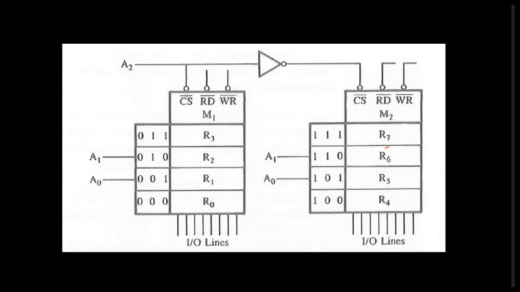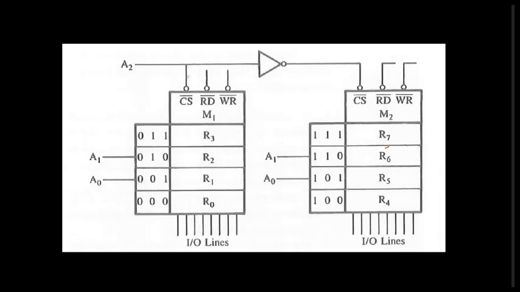So there is a provision in every memory chip. There is a chip select line, you can see a CS bar. This chip select line either enables the memory chip altogether or disables the entire memory chip. As we see, this chip select line is active low. So what we do, we add one more address line, A2.